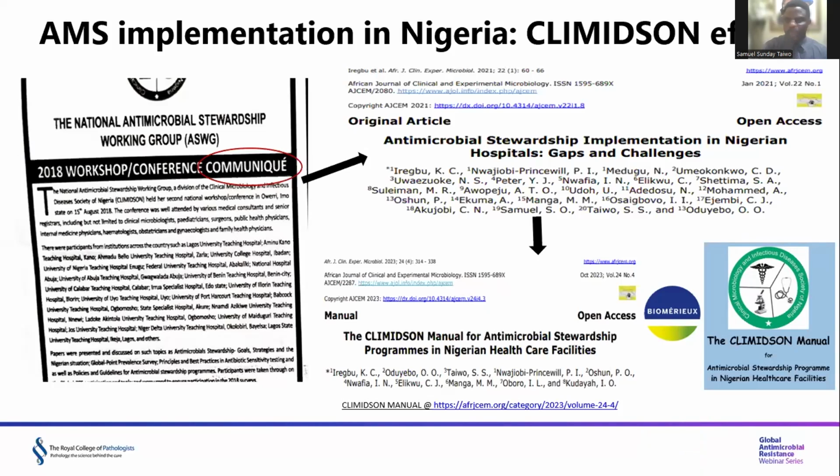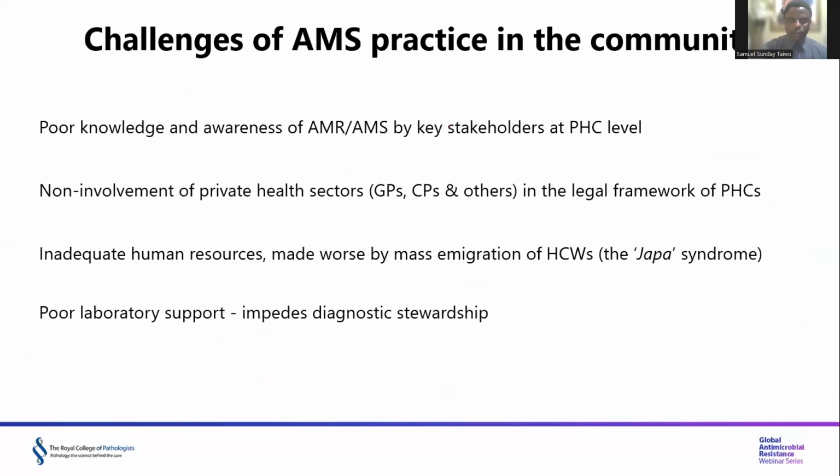So this manual going forward will be very useful in helping set up antimicrobial stewardship programs in any healthcare facility across the levels in the country. So what are the challenges of AMS practice in the community that we have noticed? Like I've presented, poor knowledge and awareness of AMR and AMS by key stakeholders at primary healthcare level. And this, I believe, must have been